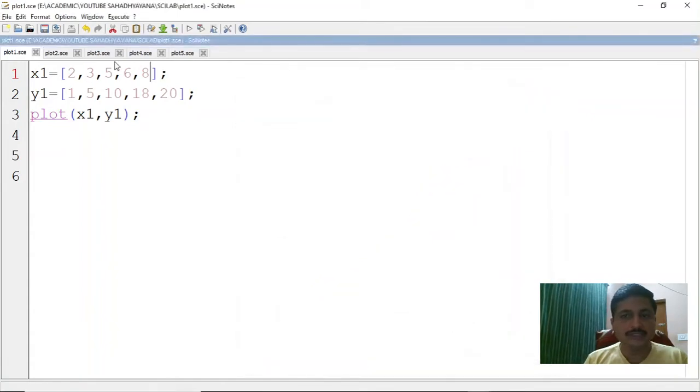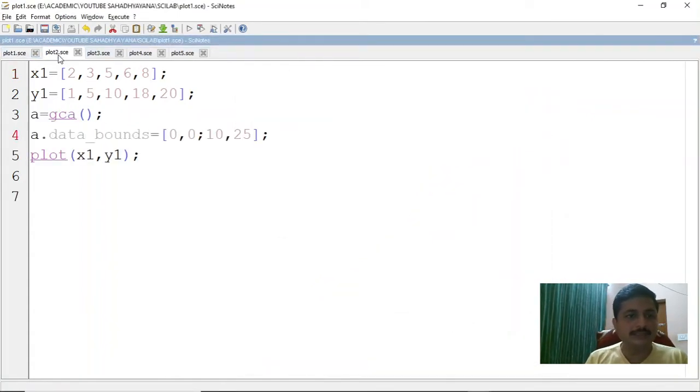You can easily do it by adding some scripts here. A equal to gca is what I have added here. gca stands for get current axis.